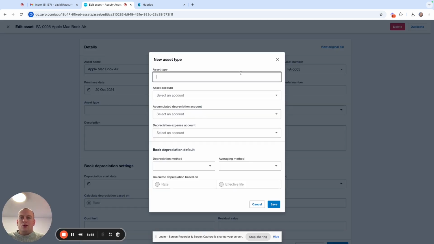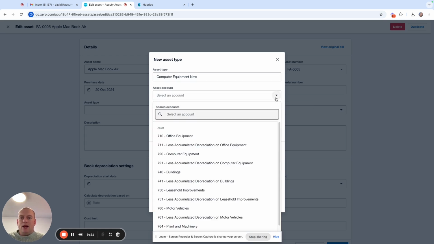Okay, so once you click onto a new asset type, basically you have different categories for the different assets that you hold. So I've got one called computer equipment, and I include in that mobile telephones and computers, but you could have different categories. So let's try setting one up. So computer equipment, new. You then have to basically select the relevant asset accounts. So